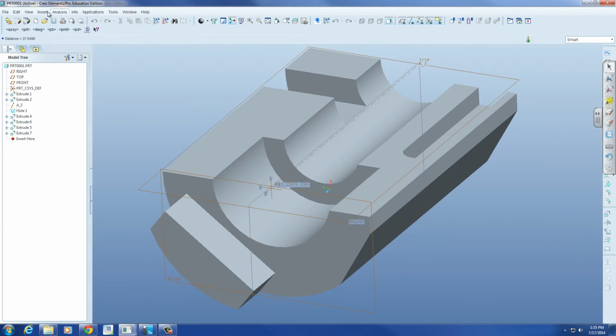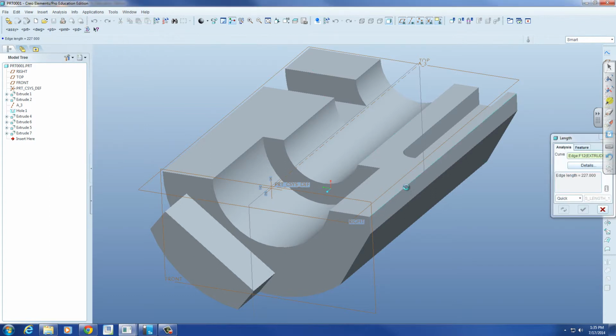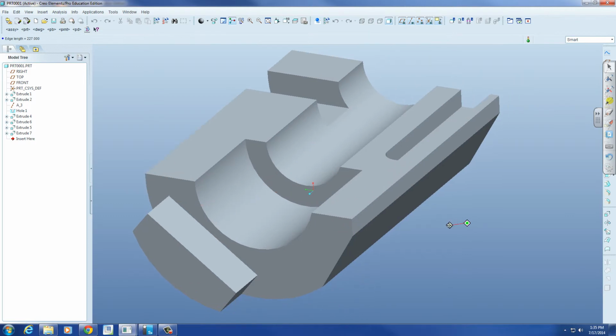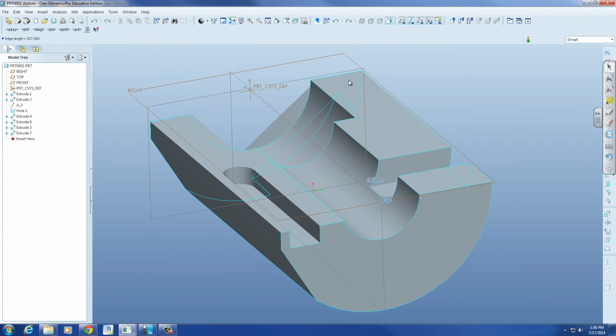The other thing to look at, if you do a measure here in length, and the length of this line that's 227 millimeters. How many inches is that? It's about 10 inches. So if we drafted it and cored it out from this side only, leaving all those features, there would be an inordinate amount of draft on that. So we're going to have to look at coring this out. And why wouldn't you core it out from the other end? This end. Because it's 10 inches long,